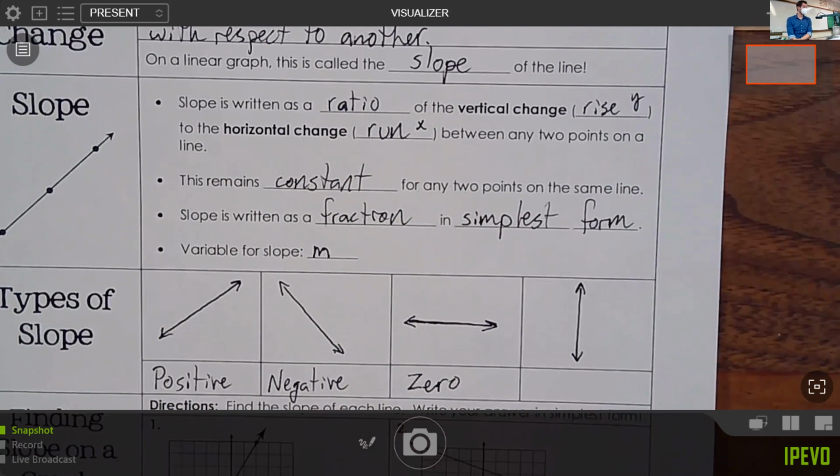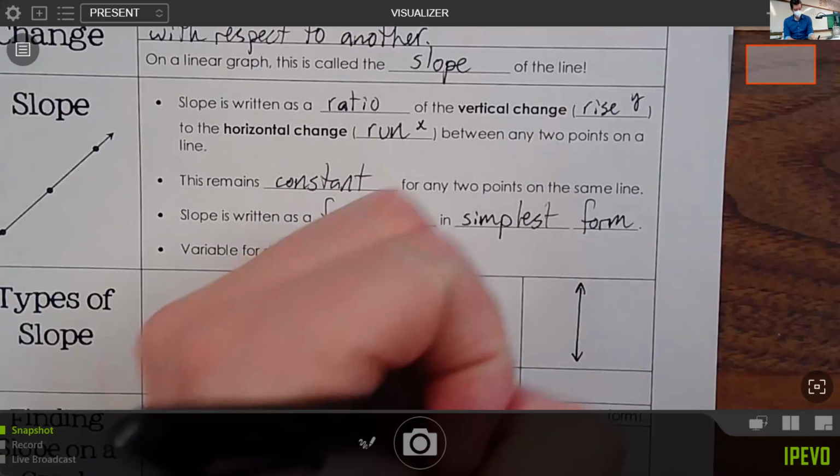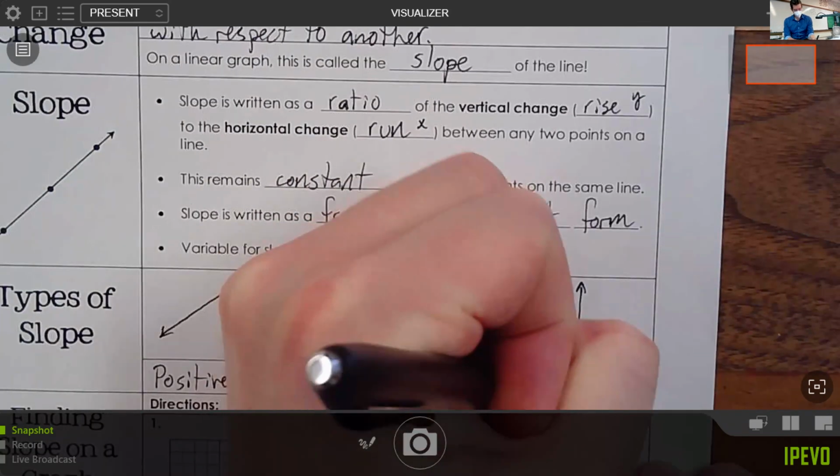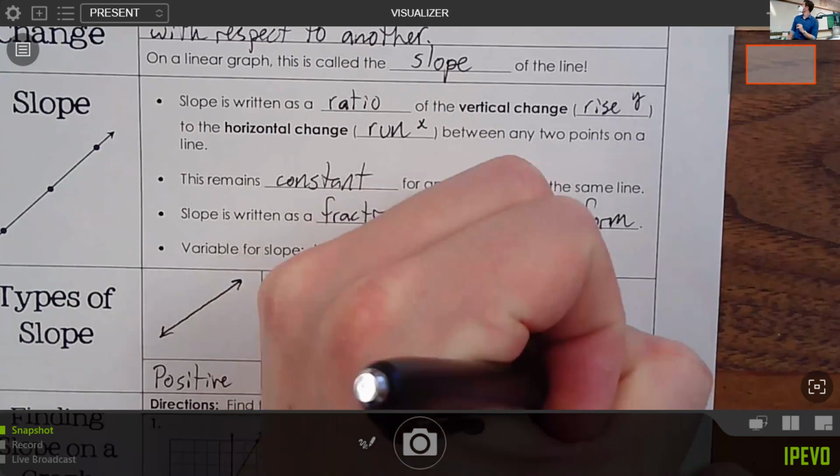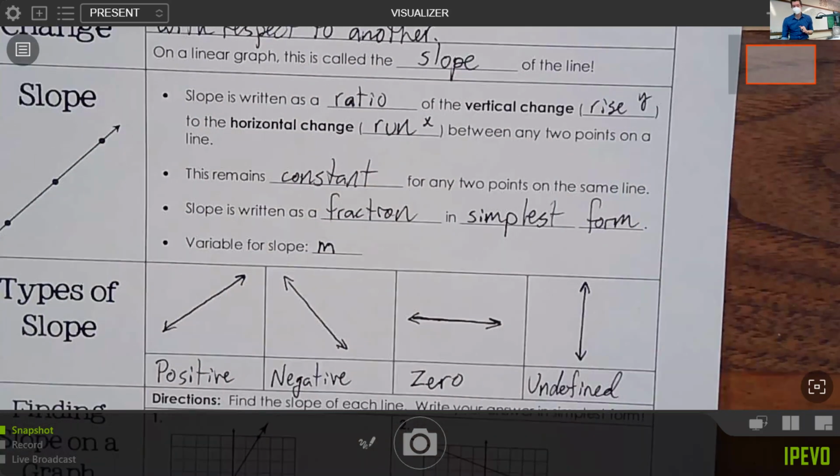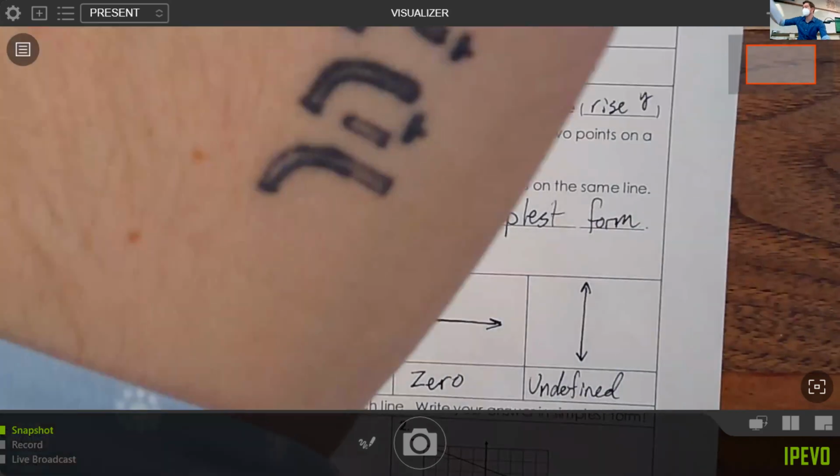And if you don't, that's fine. All right, here we go. We call this undefined. That is an undefined slope. It's kind of like, let me